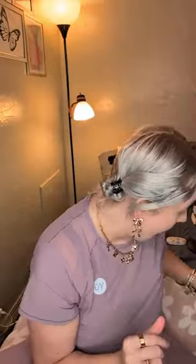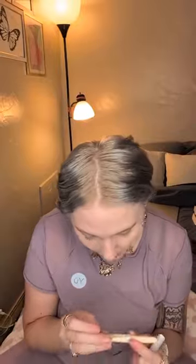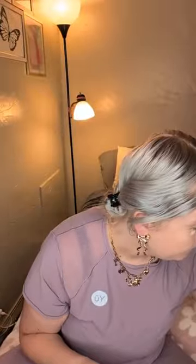Now we're going to move on to eyes. And first things first, I'm going to color correct my under eye. Younique does not have a color corrector, so I'm going to go in with the NYX Fix Stick in, woo, good lord, I'm dropping everything, pale. This is like a yellowy under eye corrector, and we're just going to pop that underneath my eye. Why? So then when I apply my concealer, it's going to look less like I have bags,